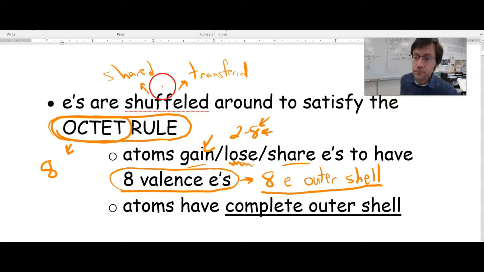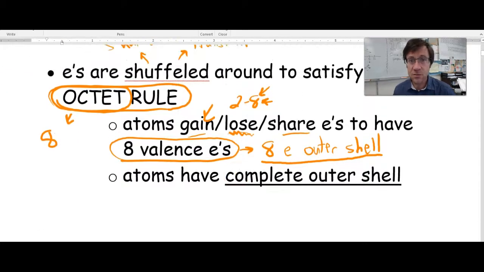You got it? So that's what I mean by the outer shell. The valence shell is gone. Like sodium lost all of its valence electrons. Valence electrons gone. But the one that it shows out to the world is 8, and that's super duper solid. I hope that makes sense, and if it doesn't, don't worry, because we're going to be going over